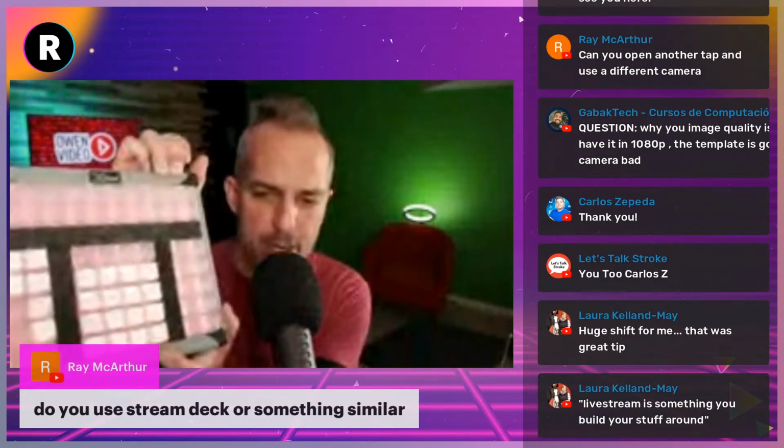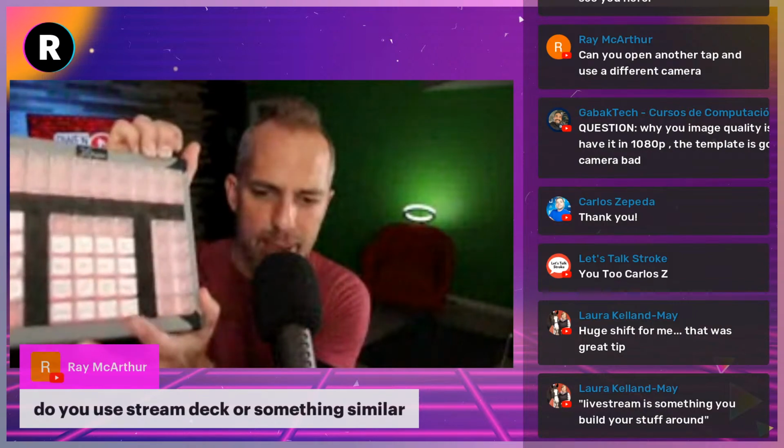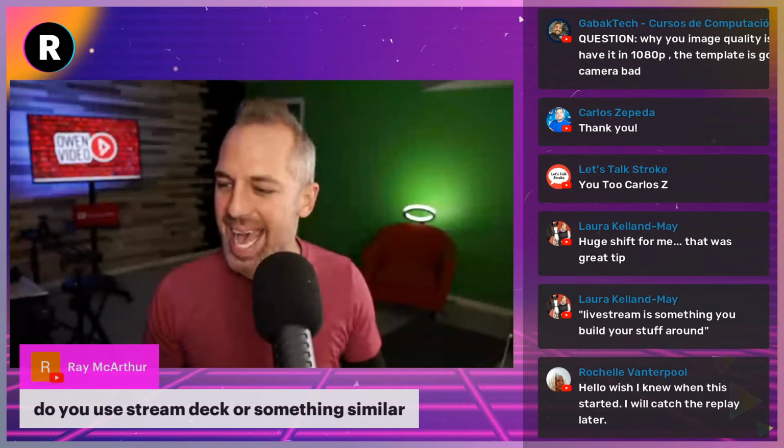Here's the downside. The downside is you label it with paper. So popping the keys off, writing something on paper, is gnarly. If I were to do it again, I'd buy the Stream Deck. Instead of paper labels for the keys, they're digital labels. And because they're digital labels, you can change them per show. So if I were to do it again, I would do the Stream Deck. The X Keys is a fine piece. It was a fine purchase, and I stand by it. We've had it for a long time. In fact, I have had it since